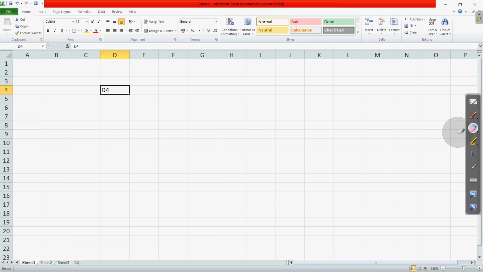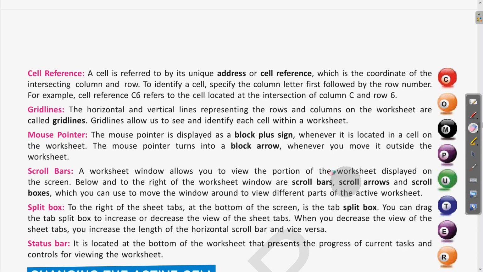Now next is the mouse pointer. When the mouse cursor is brought into the Excel window, it changes to a plus sign, a bigger plus sign, a bigger shape this way. Clear?